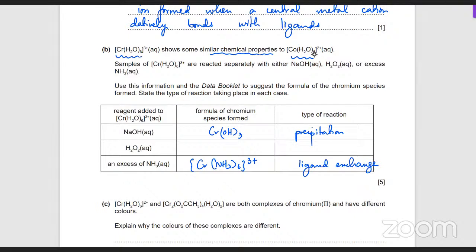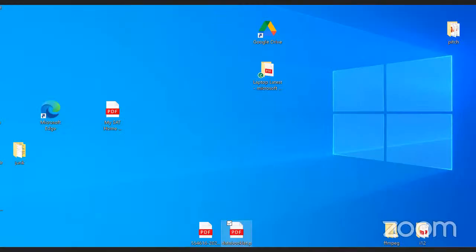Then he's also asking what's going to happen with H2O2. Now you did not do any ligand exchange reactions with H2O2. So यहाँ पे he has said that you use the data booklet as well, so that maybe you're getting a redox reaction in this case. So वो देख लेते हैं what's going to happen. Cobalt and you've got H2O2 over here. तो डेटा बुकलेट पे